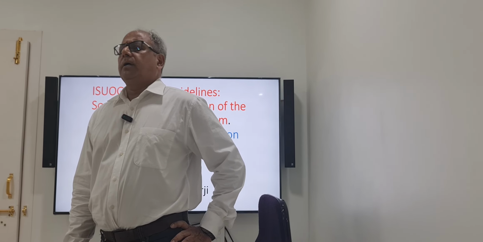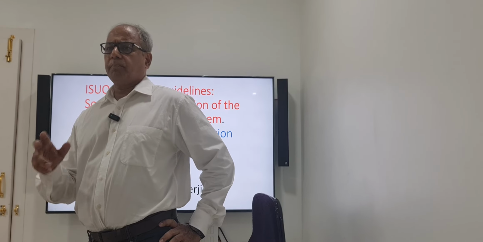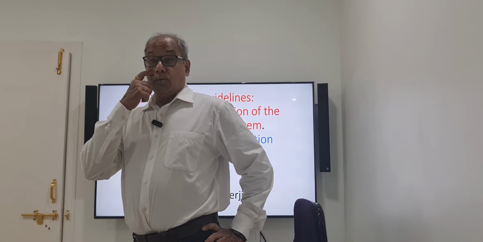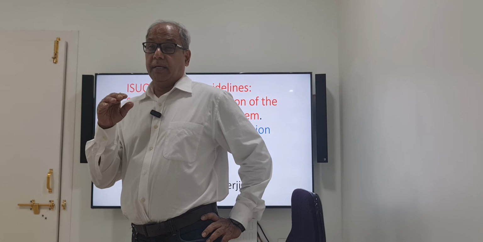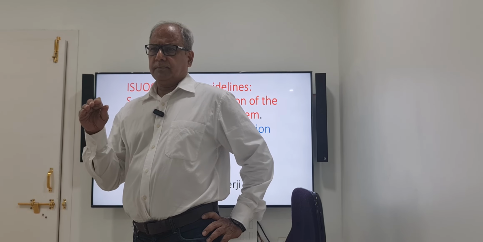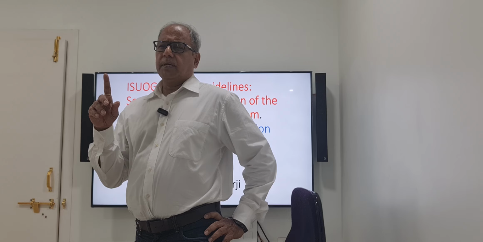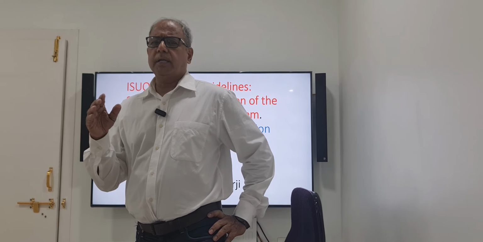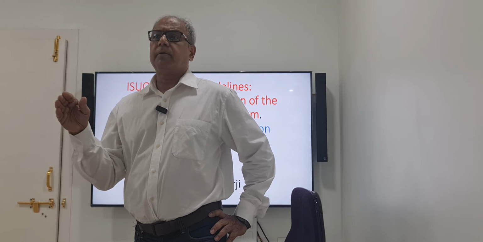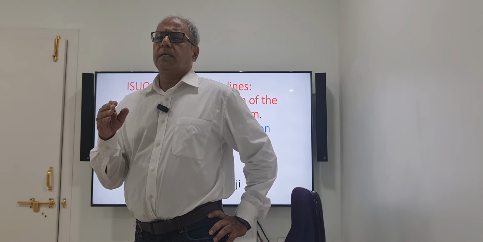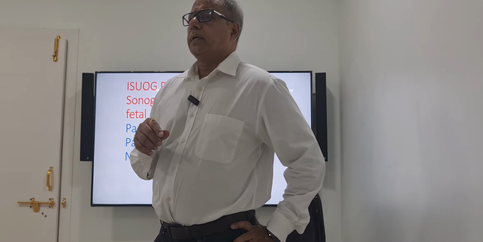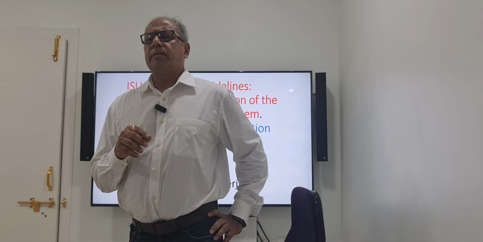There should be a proper method to identify the normal and to identify what is away from the normal. The second very important thing is how early you can find what is away from the normal. The most important thing in the CNS, the central nervous system, is that it is a developing structure,